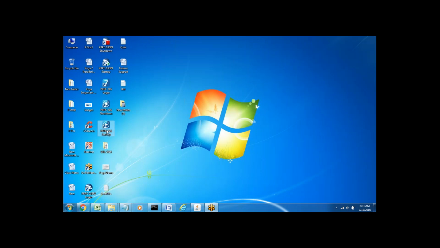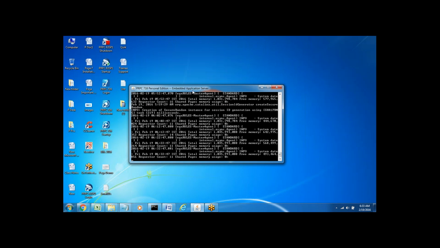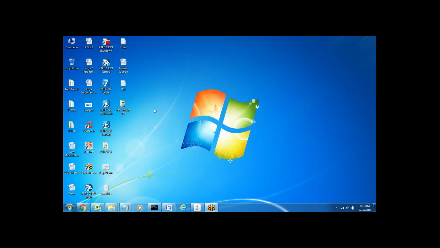If you click on the startup icon, it will start the server automatically. Actually, in my system the server is already started, so these two command prompt windows will open. If you click the startup icon, these two command prompts will open, and in my system the application server is already started. So if you click on the login icon,